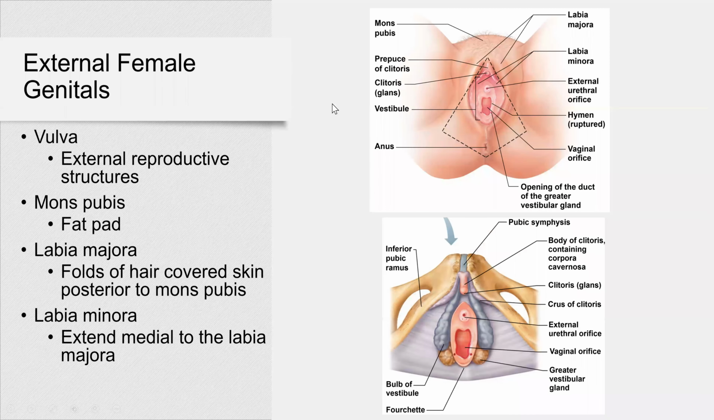So let's start with external genitalia first, and vulva. That's another name for external reproductive structures. Vulva includes mons pubis right here, that is a fat pad, labia majora, that is a structure here. Right, so here's our labia majora. Those are folds of a hair-covered skin posterior to mons pubis, and labia minora that extends medial to